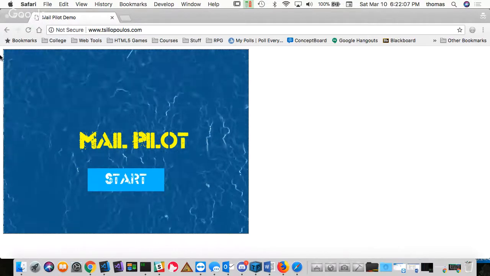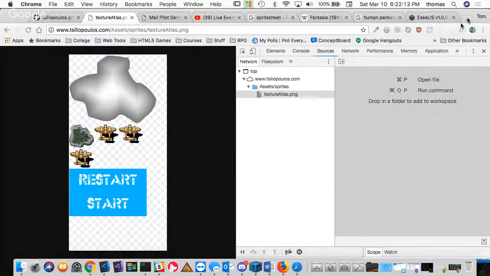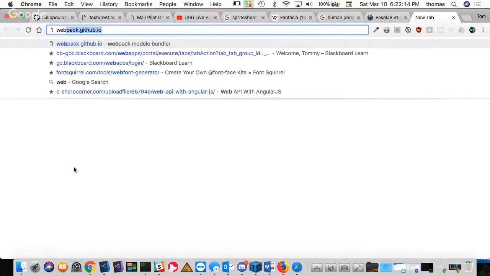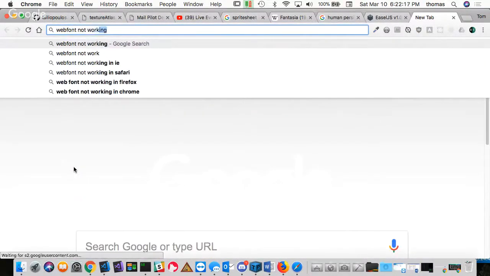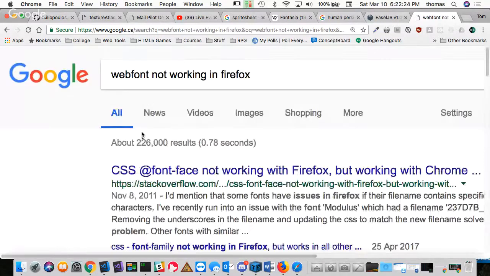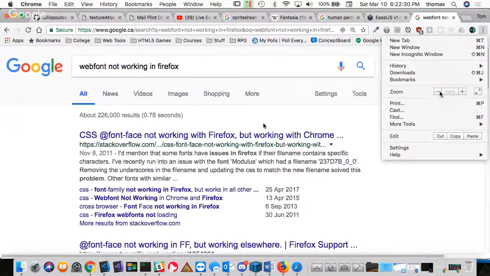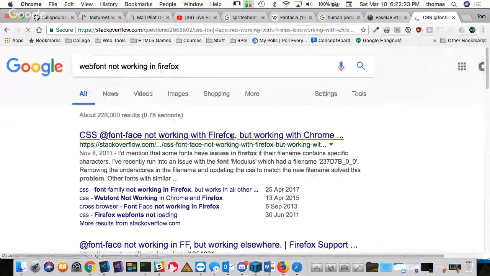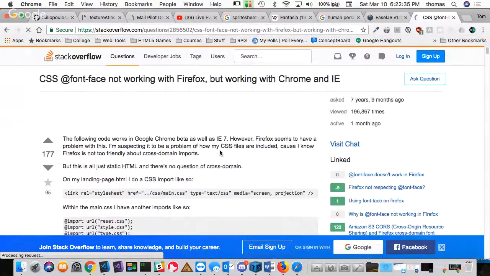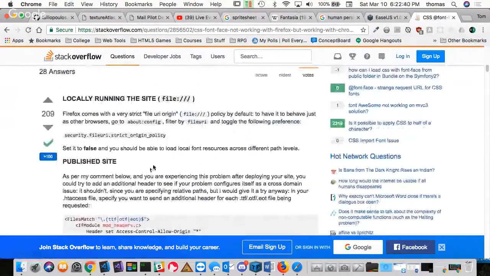So again, we can Google this if you don't know what it is that's causing the problem, right? So we can say web fonts not working in Firefox, right? And it's going to be @font-face. It's going to be another change. You're going to have to make a change to using the different extensions for @font-face for WOFF. So it's going to give you a suggestion here on the bottom. And it says that